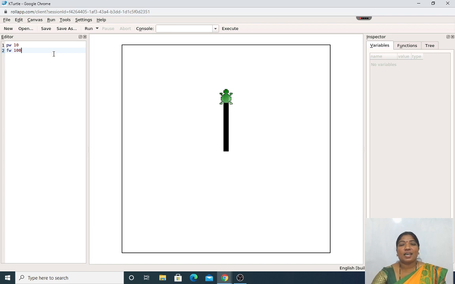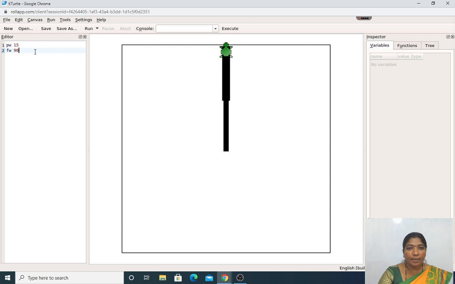What do you mean by pixel? The single dot is called a pixel in computer. If I am changing this forward to backward 100, if I take PW 15, and then forward 90, what happens?